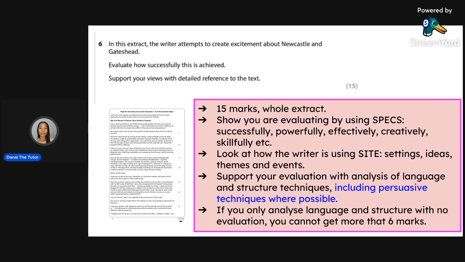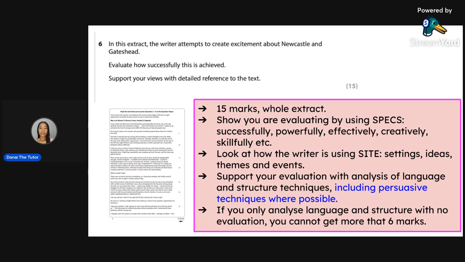Question 6 is an evaluation question, and it is worth 15 marks, and it's a whole extract question. Because it's evaluation, you need to make sure you distinguish your approach to this question from the language and structure analysis question, for example, for question 3. And the way in which you do that is by using evaluative vocabulary. And an easy way to remember some of these